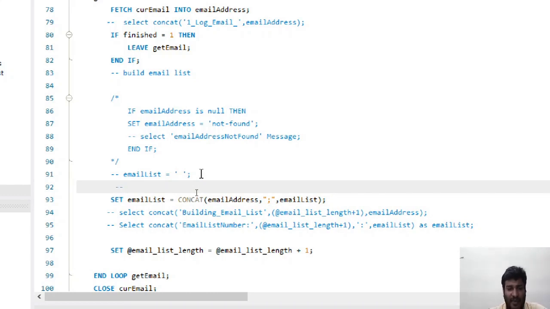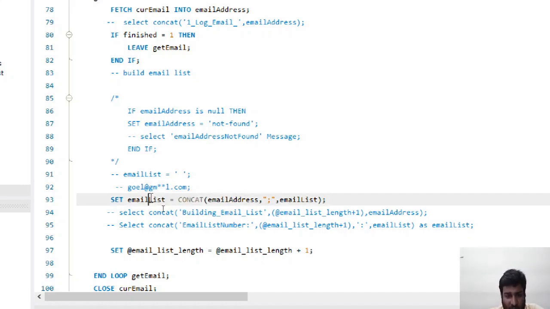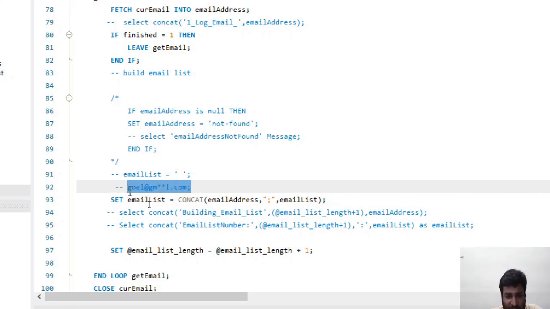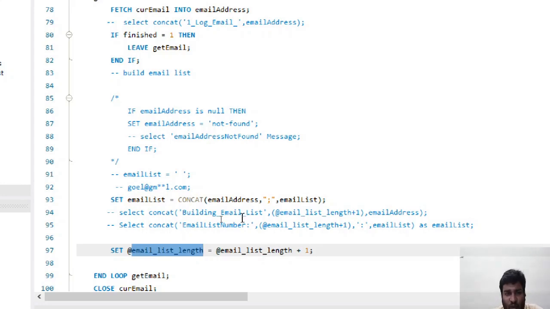At the end this will become something like this. You can focus on line number 92. This will become something like this: goel at the rate gm star star l.com, and a colon. So now this new list will contain this string, and at the end our email list string length will increase to 1.